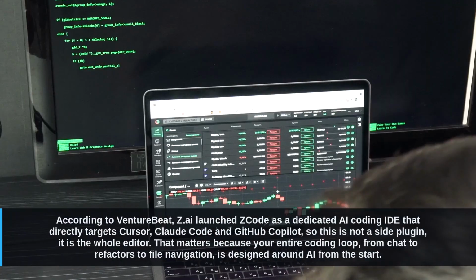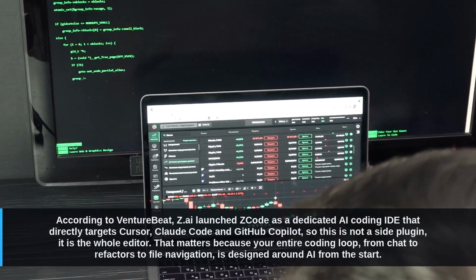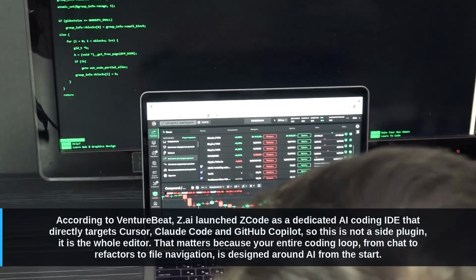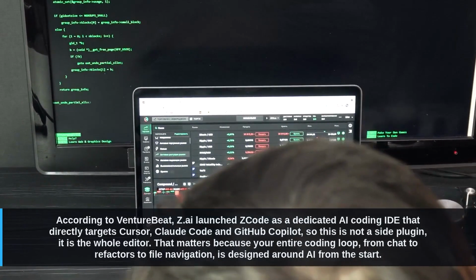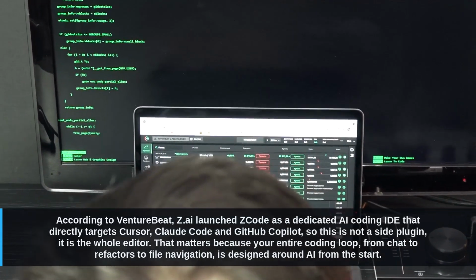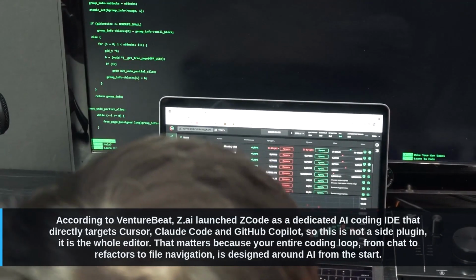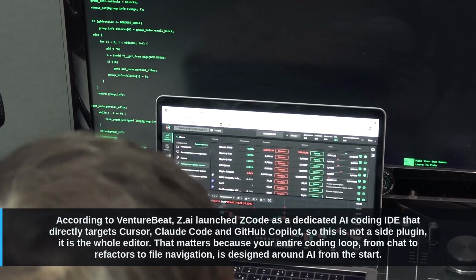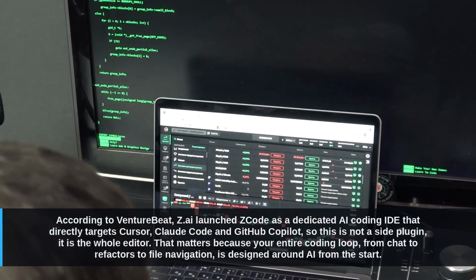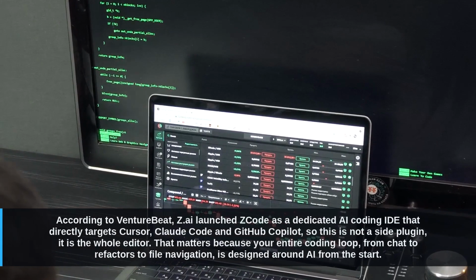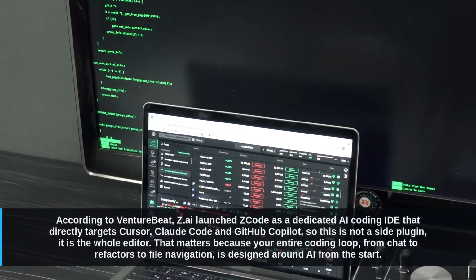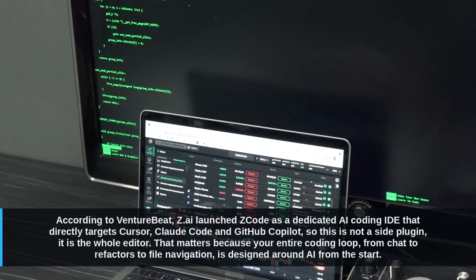and Copilot. According to VentureBeat, Z.ai launched ZCode as a dedicated AI coding IDE that directly targets Cursor, Claude Code, and GitHub Copilot. So this is not a side plugin. It is the whole editor. That matters because your entire coding loop, from chat to refactors to file navigation, is designed around AI from the